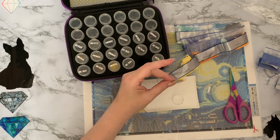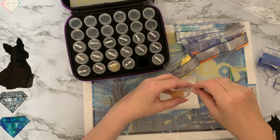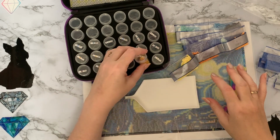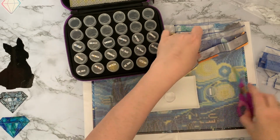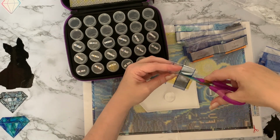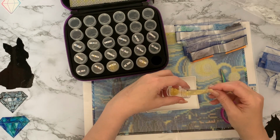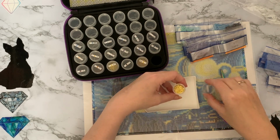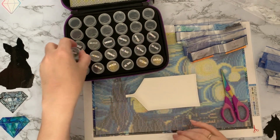Yeah, so the ladies that agreed for me, Kay and Rachel and Claire, have all agreed to take some of the canvases and then they will unbox them on their channels, unbag them and show you what's happened to the canvas going through the post, which I think will be very interesting because we've always said, and when you listen to YouTube and other creators said, oh, don't roll your canvases back up again. And as you know, I've been doing a little bit of an experiment just to see what does happen if you do roll them back up, and can you still get the creases out, and can you still use them? And the answer seems to be yes, but we'll see what happens to them going through the